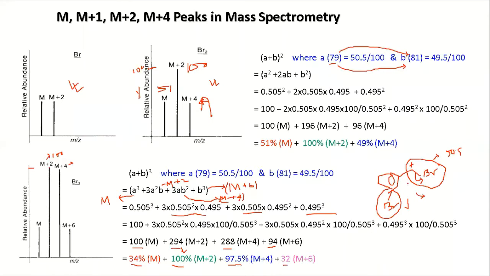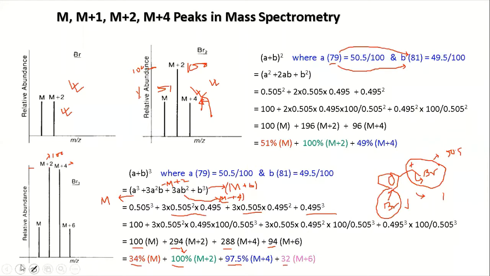Now if you look at the base peak, this bromine is coming out, but the other bromine is there. So how will the base peak look? The base peak will also have M plus 2, where M means the cation mass, m/z. So you will have this distribution near the base peak, whereas the molecular ion peak will have this distribution. Hope you got the point of what I'm trying to say.